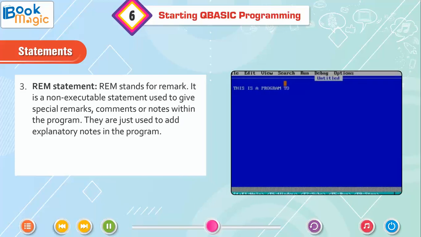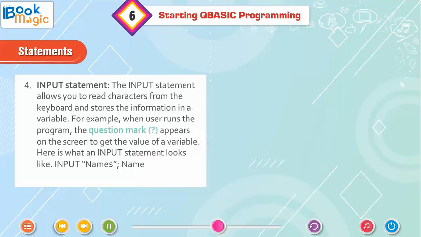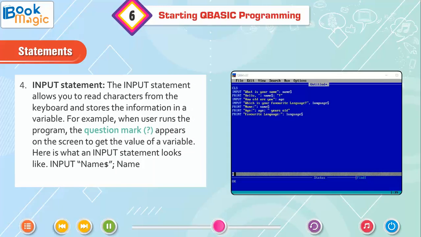3. REM statement. REM stands for remark. It is a non-executable statement used to give special remarks, comments, or notes within the program. They are just used to add explanatory notes in the program. Syntax: REM comment. 4. INPUT statement. The INPUT statement allows you to read characters from the keyboard and stores the information in a variable.